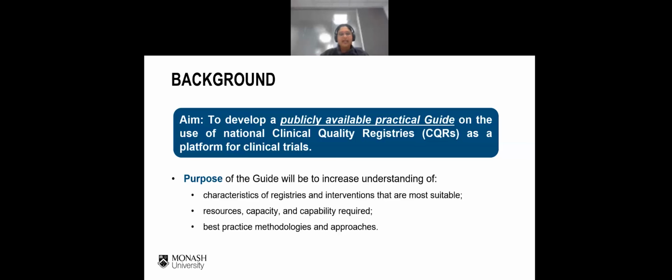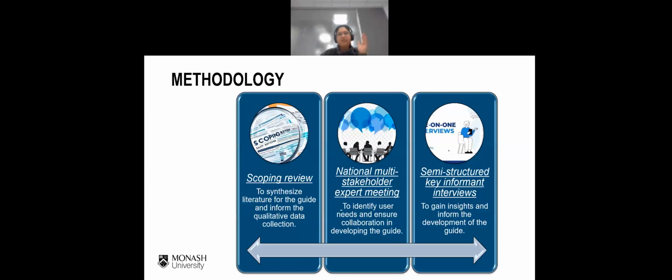So that was the aim for our project, and the development of that guide was informed by 3 main activities. So we began with a scoping review, which aimed to synthesize the relevant literature for this guide. And following this, we held a national multi-stakeholder meeting with experts, including clinical trial researchers, quality registry or other registry operators,